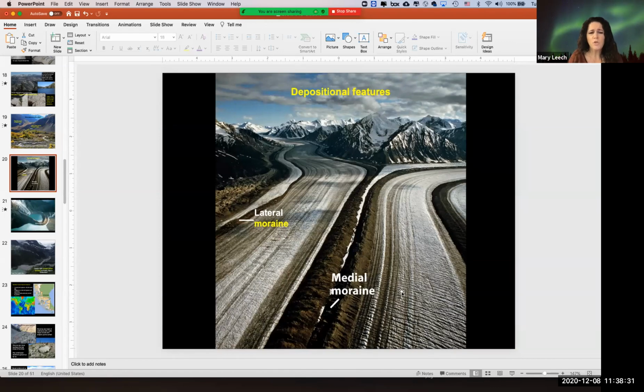Okay, some more terminology. How many glaciers came together to form what we see here? Here's a good quiz question for you. I gave you a tip in an earlier slide, and I said you could count the number of glaciers basically by how many medial moraines separate them. So to form this landscape, and I realize you can't see the side there, but here's one medial moraine separating two glaciers.